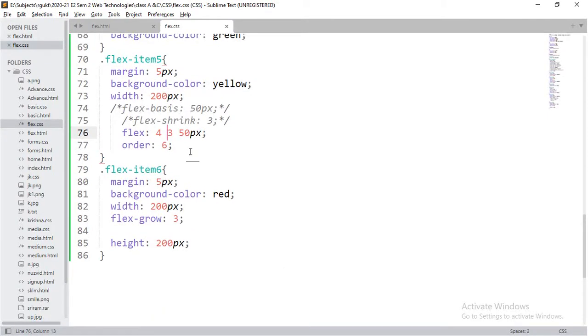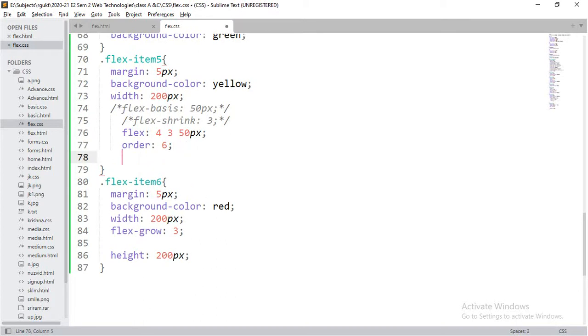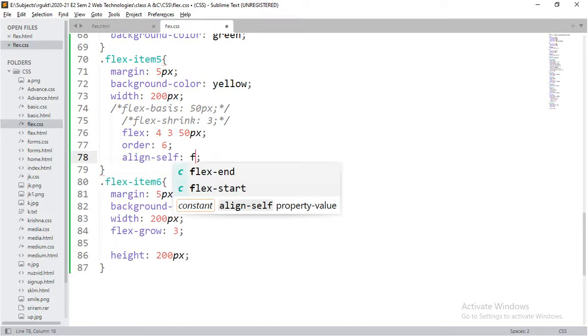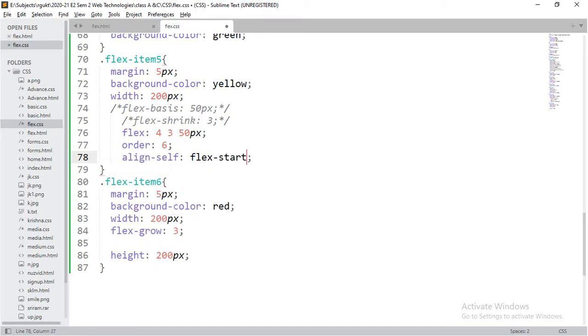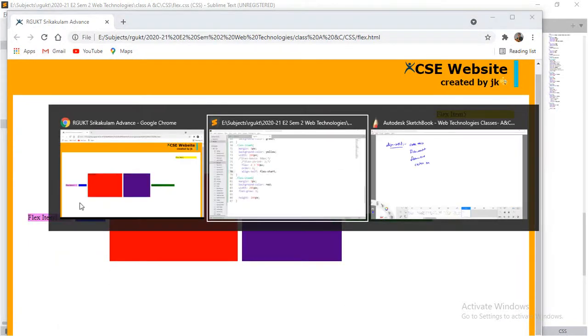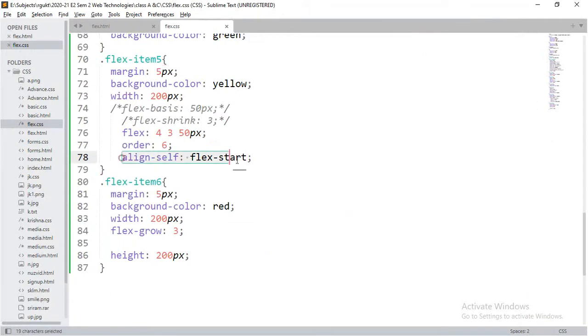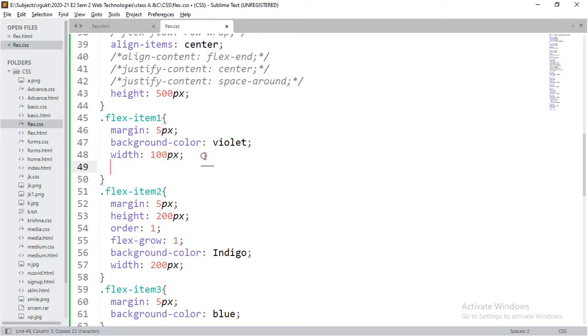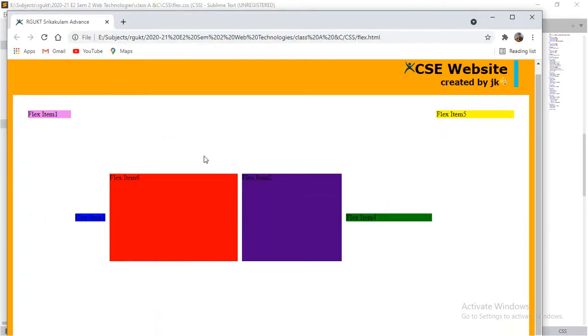So for example, for this item 5 only, I would like to define the align self property. Flex start, you can observe this will come to the top. Now I would like to send flex item 1 to the top, so I can write it at the first. Yes.